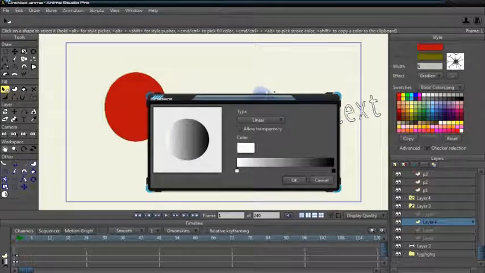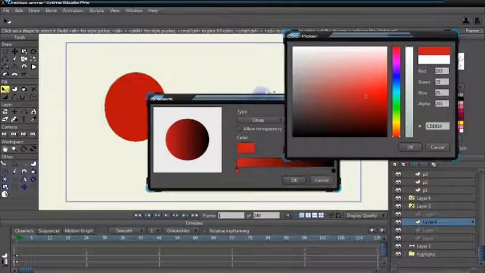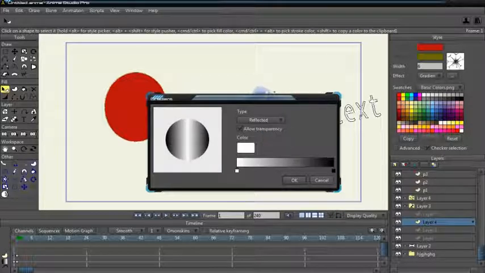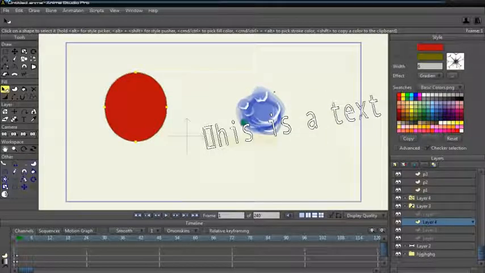Gradient. This is kind of problematic. I haven't exactly figured it out all that well, but you can change types of gradient to have as many colors as you want. You can change the colors of the gradient that you want to use. Allow transparency if you so please. You can have different types of gradients like linear, radial, reflected, and angles. And once you do that,